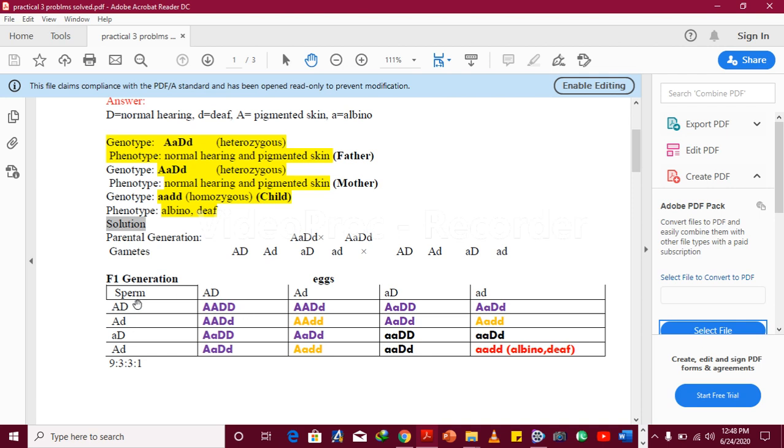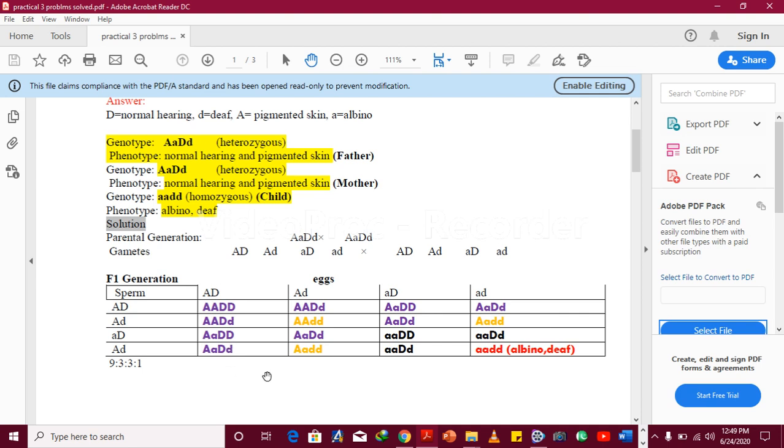So the parents are heterozygous. Understand? This one is homozygous dominant for albino and deafness alleles. This is homozygous for albino, but heterozygous for deafness. This is heterozygous for albino, and this is homozygous for deafness. This is heterozygous, and this is homozygous for albino. This is also homozygous for albino and homozygous recessive for deafness. This is also heterozygous. This is homozygous for the recessive allele of deafness, but heterozygous for albino. So when we count this number, that is basically 9